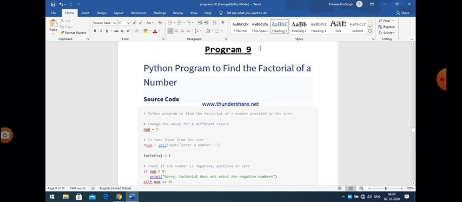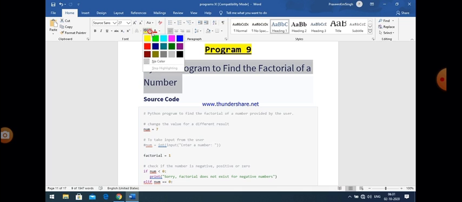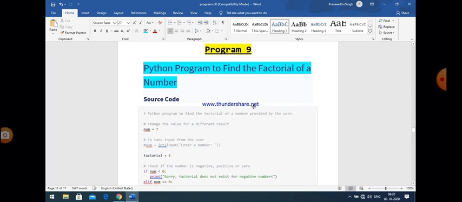This program tells how to calculate the factorial of a given number. First of all, it may be possible that a number is already given, or if you want to use an input, then take a variable and write num is equal to int input, enter a number. For that number, factorial will be calculated according to the coding given in this program. So let us see the Python program to find the factorial of a number.